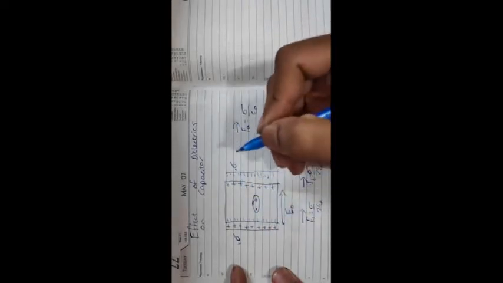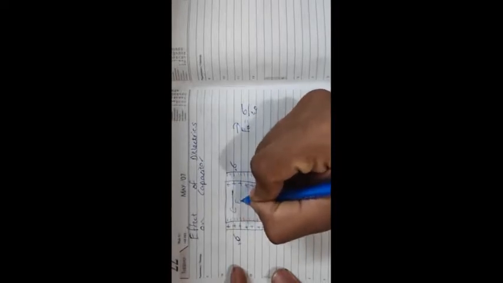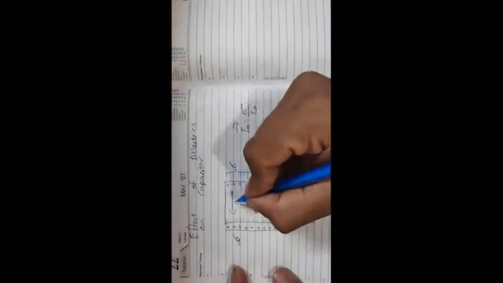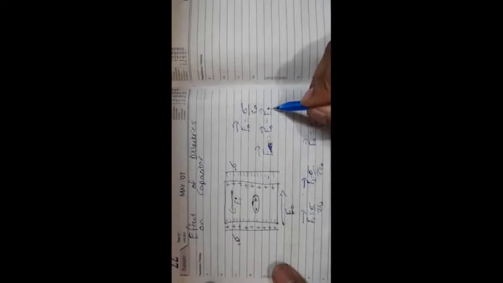In which direction will it be? It will be in the direction from positive to negative. Let us name it the induced electric field, that is EI. So what will be the net electric field? The net electric field will be E0, that was previous, in this direction without the dielectric material, and now due to the dielectric material it will be in the opposite direction. So instead of E net we will write E only, which will be equal to E0 minus EI.